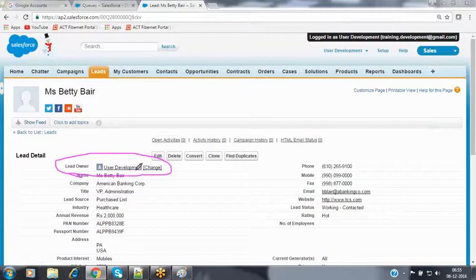Here also we maintain the queue. We place all the lead records we need to contact inside the queue. Then all the members of the sales team can get that record and start working on it. So this is a way we can assign the lead record to the queue